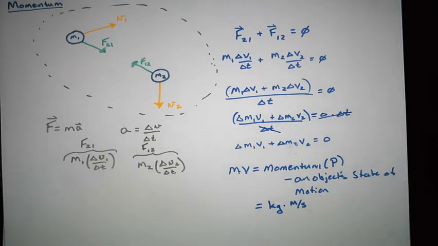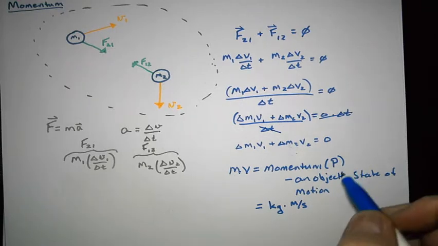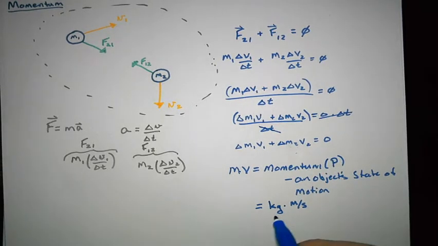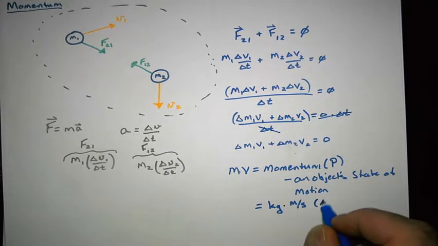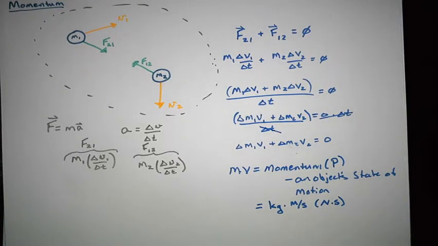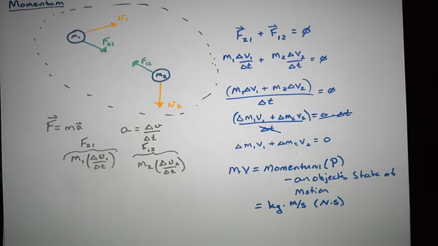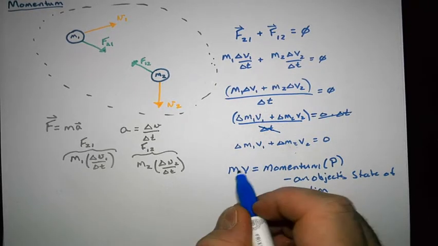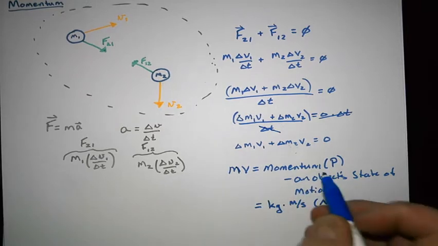That's our variable. I don't know why. I think it's because other letters were taken, or were confusing. So we call this p for momentum. And this is either the kilogram meter per second, or we can call it a Newton second, and we'll show you why this is the value later. Okay, so these are our units of momentum. This is our momentum formula, P equals mv.